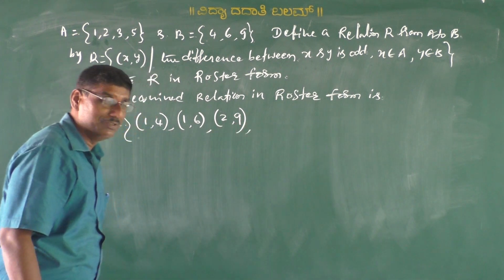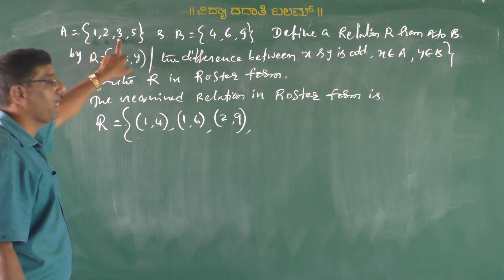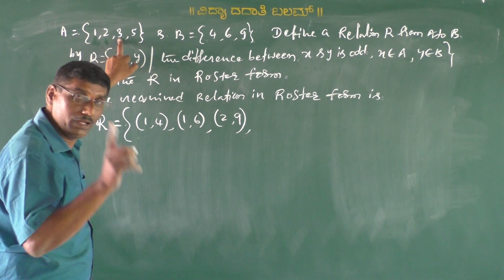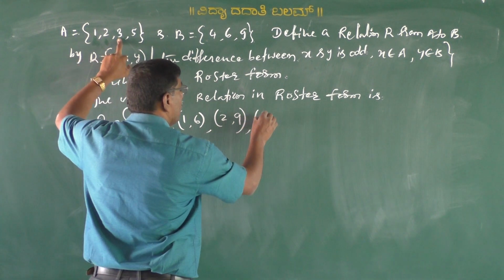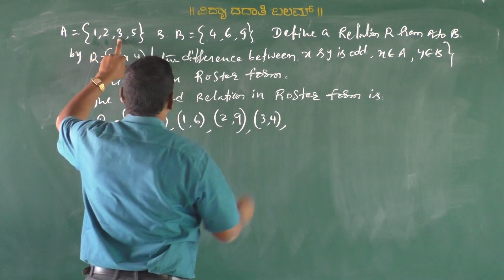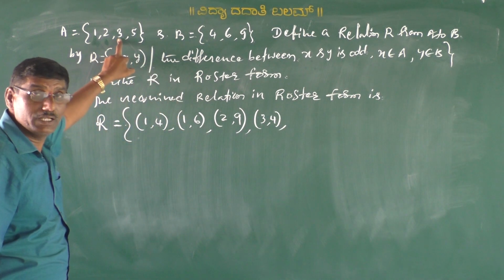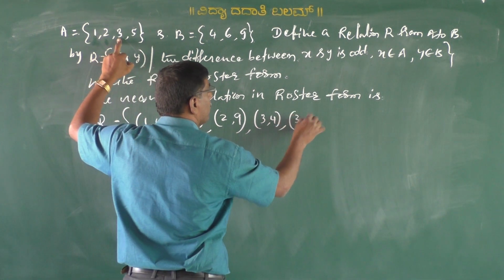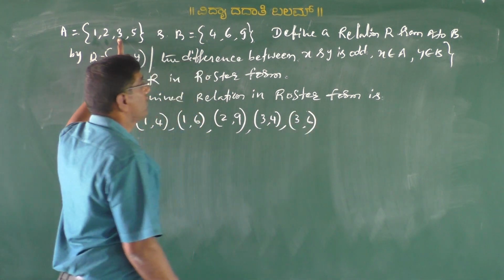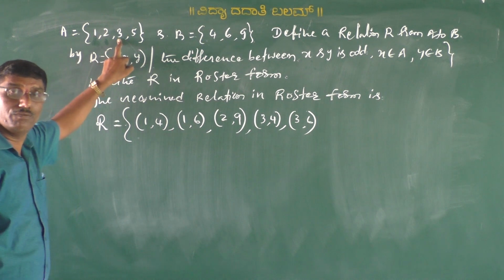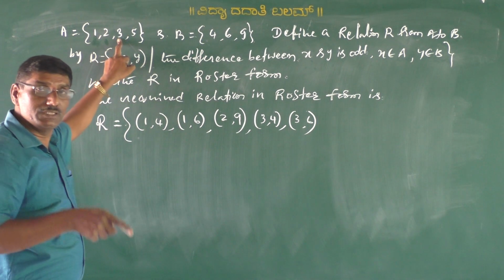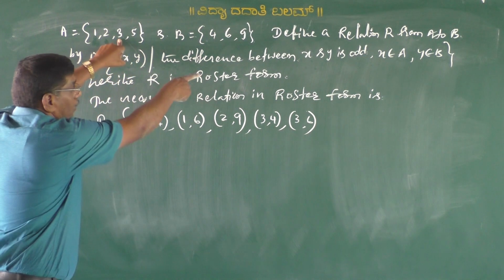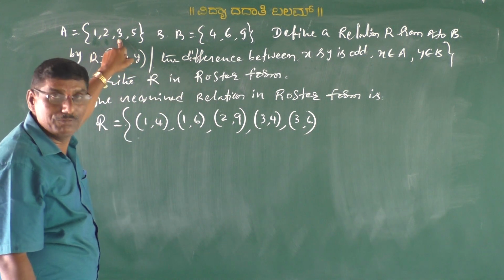Have you understood all of you? Yes, we start with 3. 3 comma 4. Yes, the difference is 1. That is odd. 3 comma 4. Next one is 3 comma 6. The difference is 3. Yes, that is 3 comma 6. Next, 3 comma 9. What is the difference? 6, which is even. That does not belong according to the given condition.